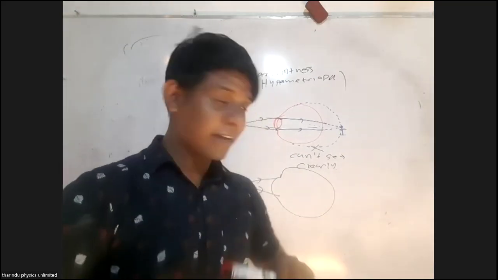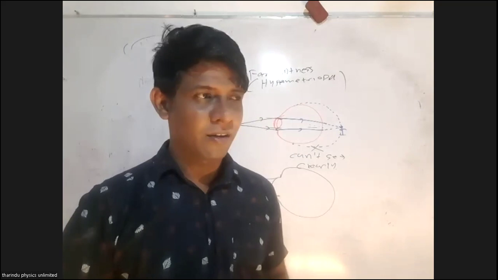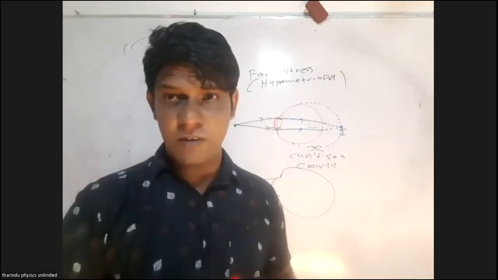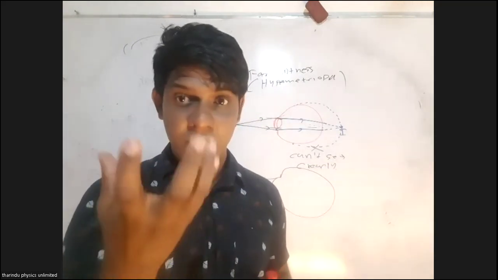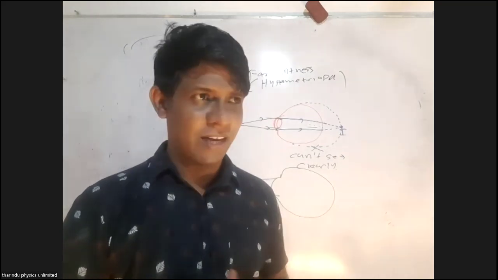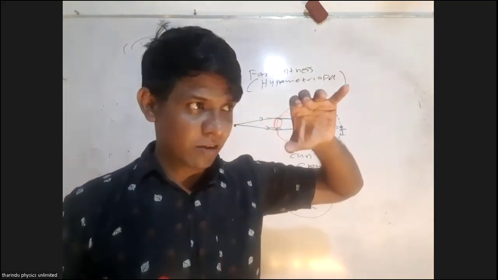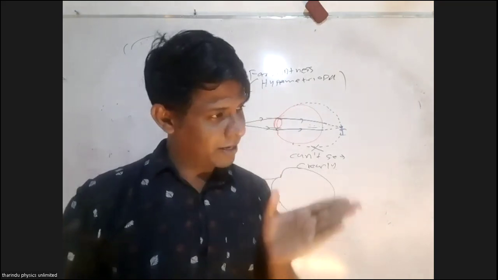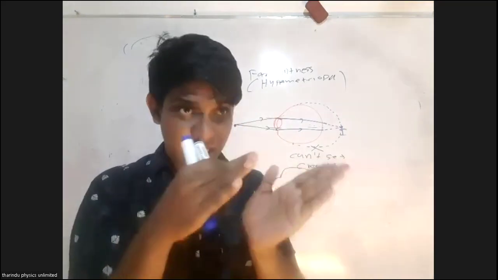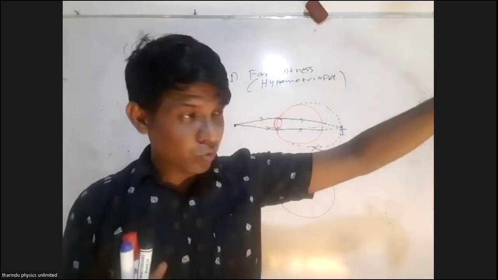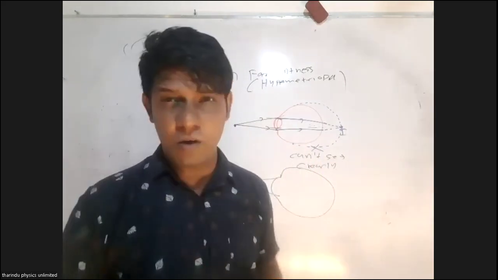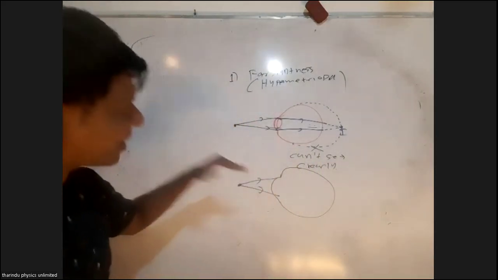The rays cannot bend. I told you, bending ability depends on what? Power of the lens, isn't it? If the lens is very thick, it can easily bend. But if the lens is too thin, that means the focal length is too far away, and the bending ability is very low. So this one can't bend, meaning